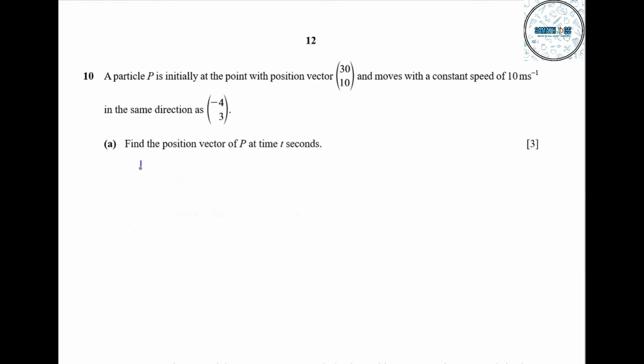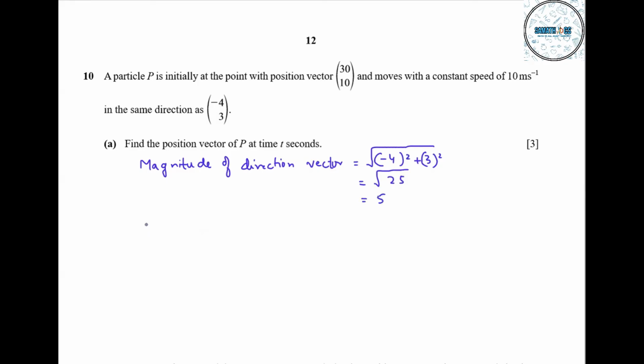First of all, we will find out the magnitude of the direction vector, which is square root of minus 4 square plus 3 square. So minus 4 square is 16, 3 square is 9, 16 plus 9 is 25,